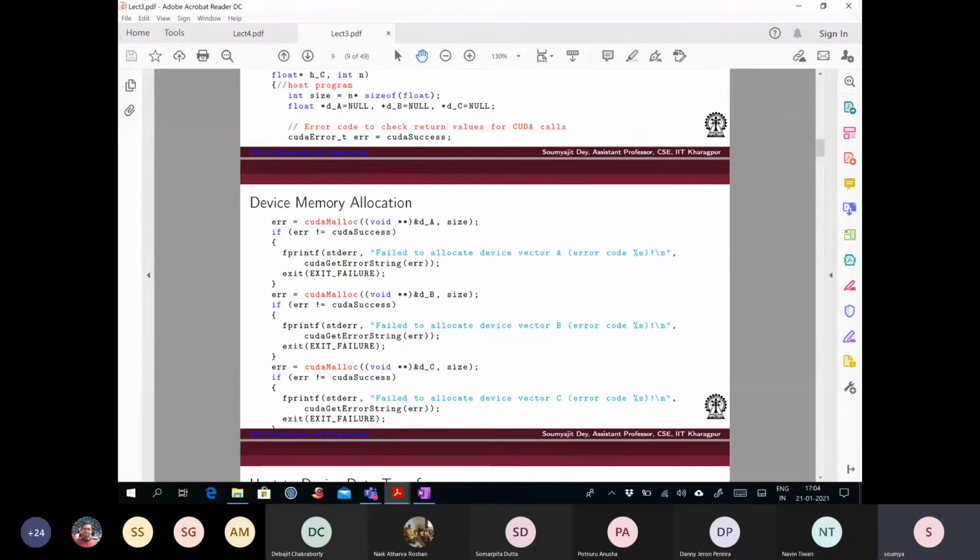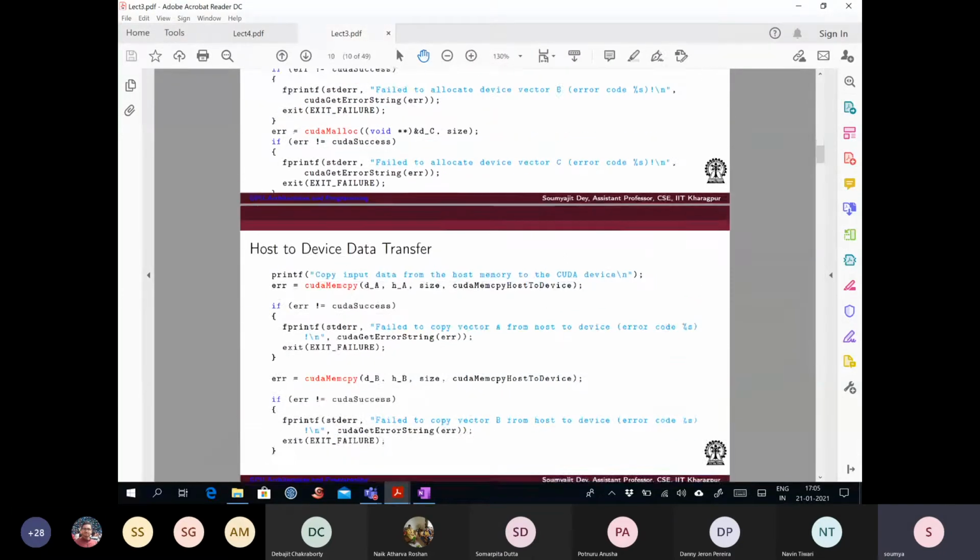So the very idea here is to familiarize you, apart from just using the CUDA malloc, with what kind of errors it can throw. And in such cases, how to print the messages, debug messages and all that, right? And also to familiarize you with all these semantics in CUDA, the basic flags like CUDA success, CUDA failure, and all that, which are all available with the system, so it will recognize them.